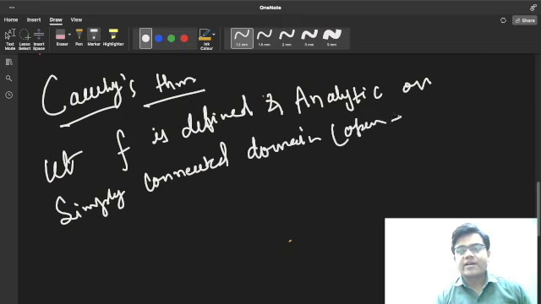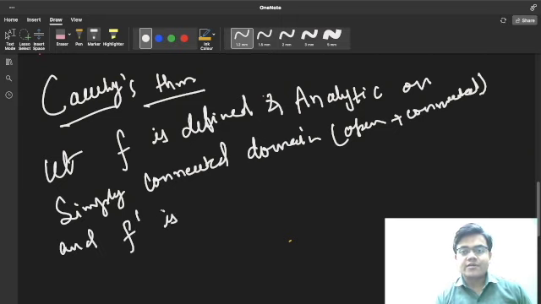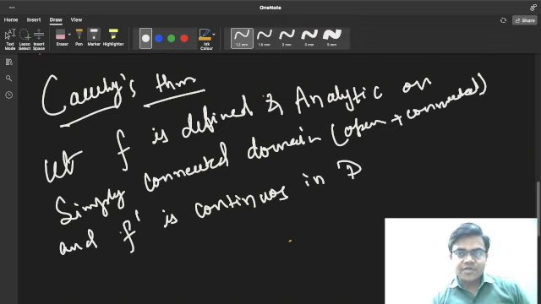Certainly it is open and connected. And f dash is continuous in D. I mean to say the partial derivatives of f will be continuous in D. Then along